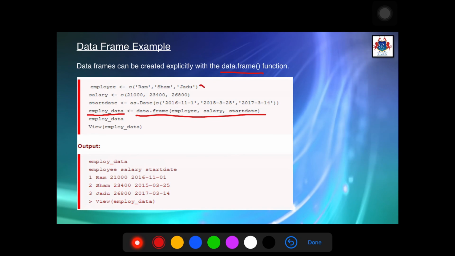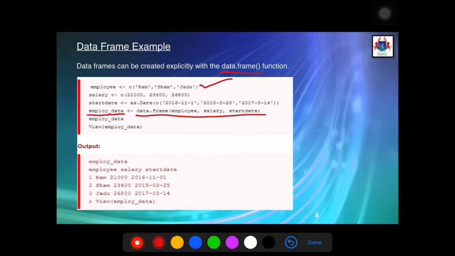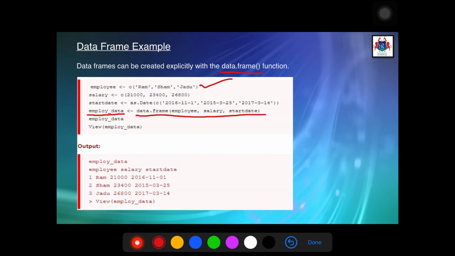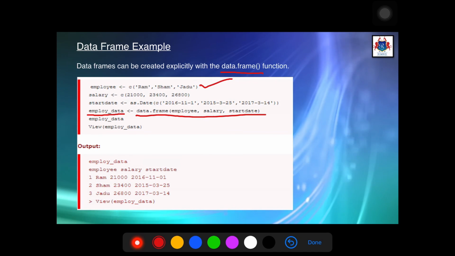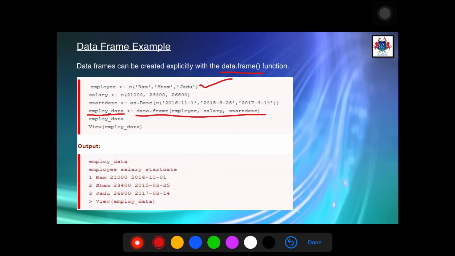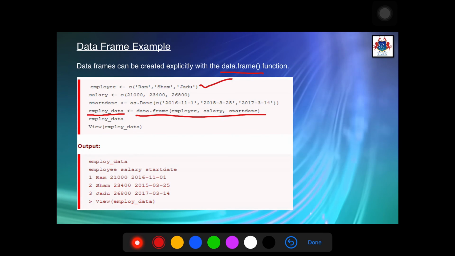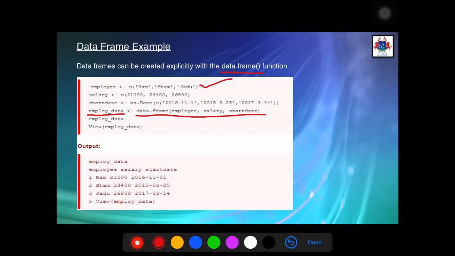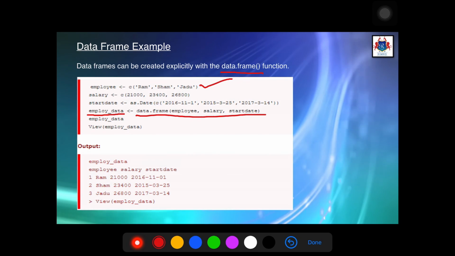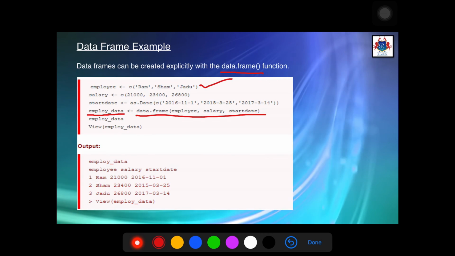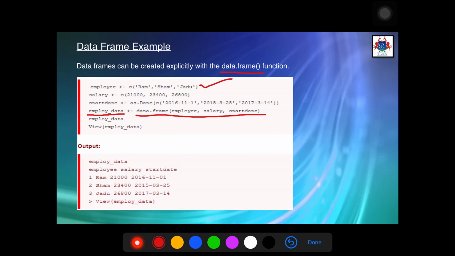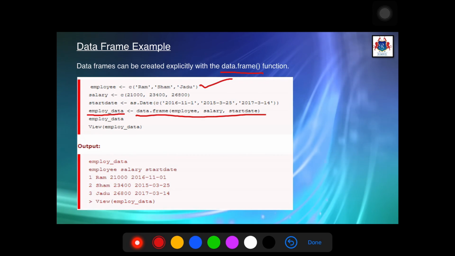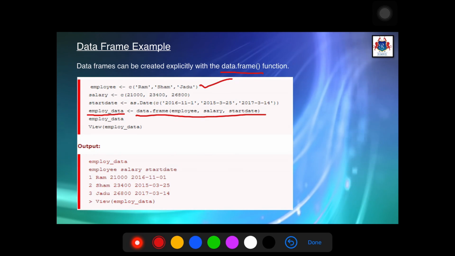Employee is a character vector which holds the character data, that is Ram, Sham and Jadu. Salary is the numeric vector which holds the numeric data, as you can see here, and start_date is of date type, as.Date, which shows the date of joining of a particular employee.